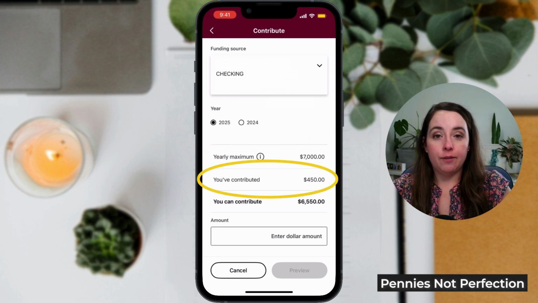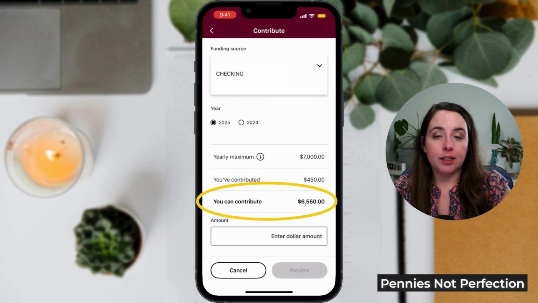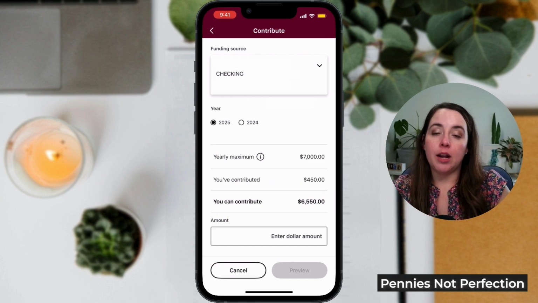I can see that I have already contributed $450 this year, and it tells me you can contribute $6,550. So you will always be automatically updated on how much you have already contributed to this account for the year, since a Roth IRA does have a maximum contribution. Once you have selected the year and you can see how much you have left to contribute for the year,